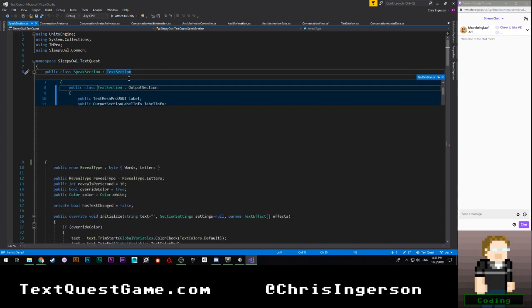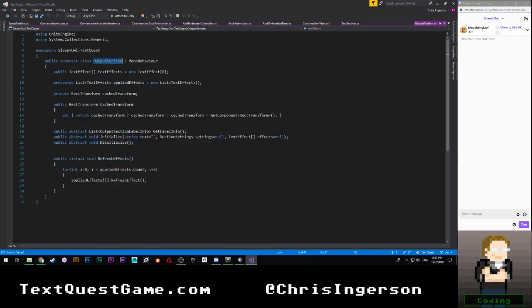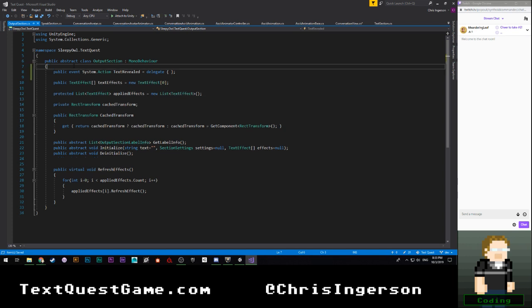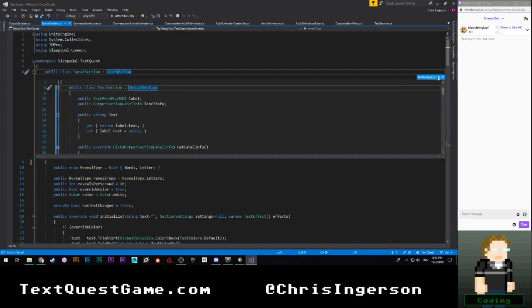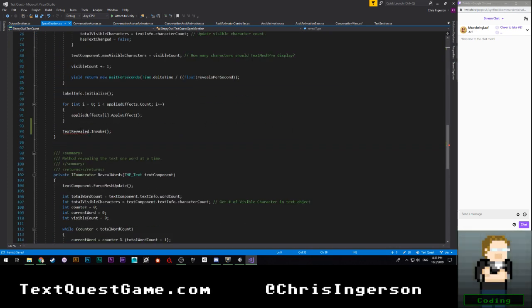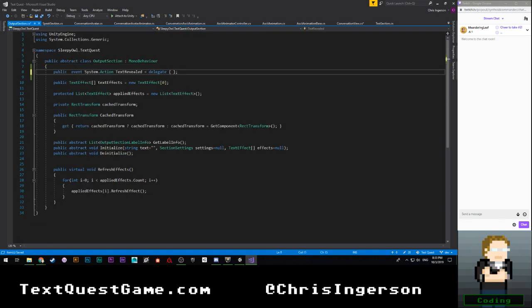So we're going to go to text section. We're going to go to output section. Go to definition. We're just going to plop this right here. In initialize for, yep, this is the downside to events, is that you can't invoke them from child classes, which is so annoying. But I can do this, I believe.